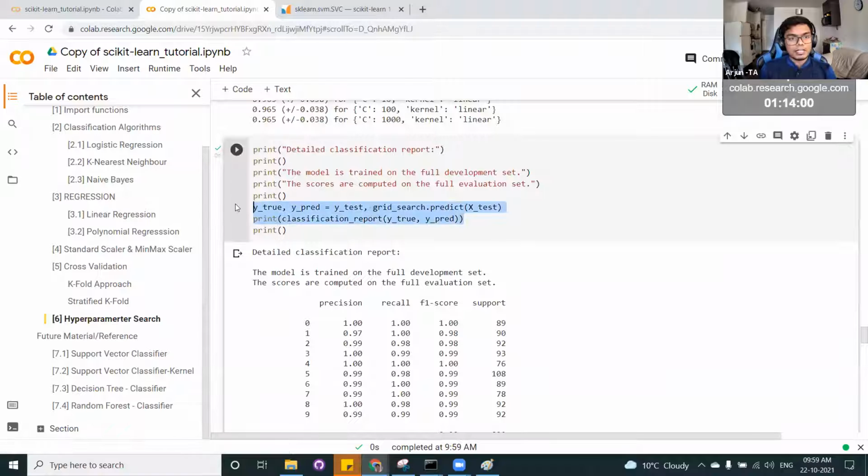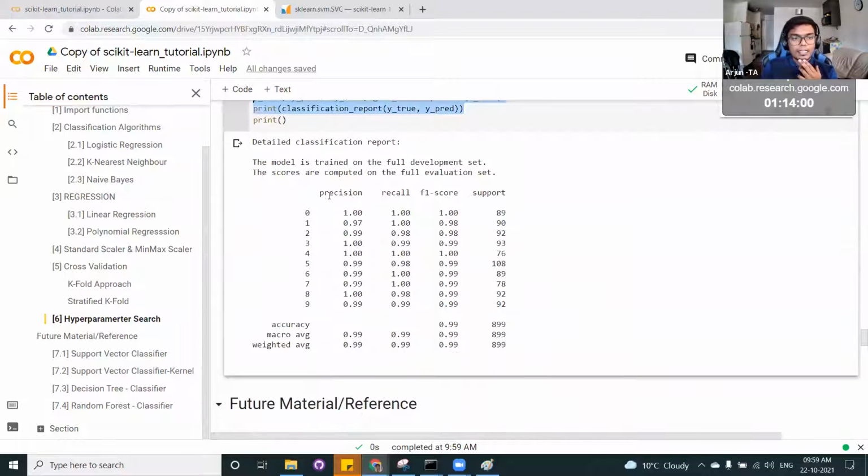And you can use this kind of command to get a classification report, which intuitively gives you precision, recall, F1 score, and support. And you can get an overall accuracy of it also, to get a better estimate. If your classification output has multiple classes, it also provides you a drill down for each and every class.